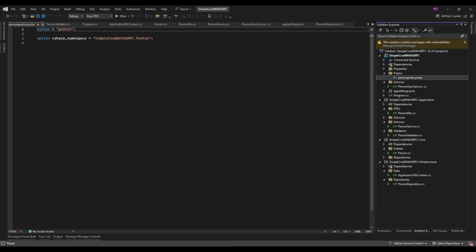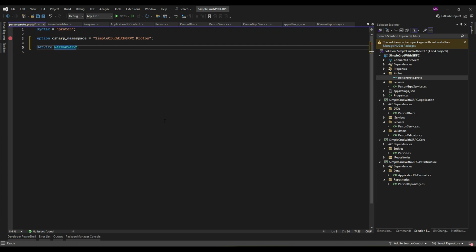Okay, let's begin by defining the syntax. Here, proto3 specifies the version of protocol buffers syntax we are using. Next, we set the csharp_namespace option. This maps the generated C# classes to a specific namespace.